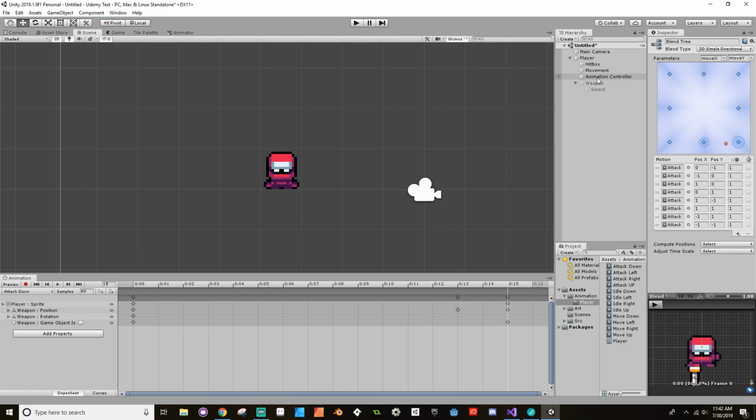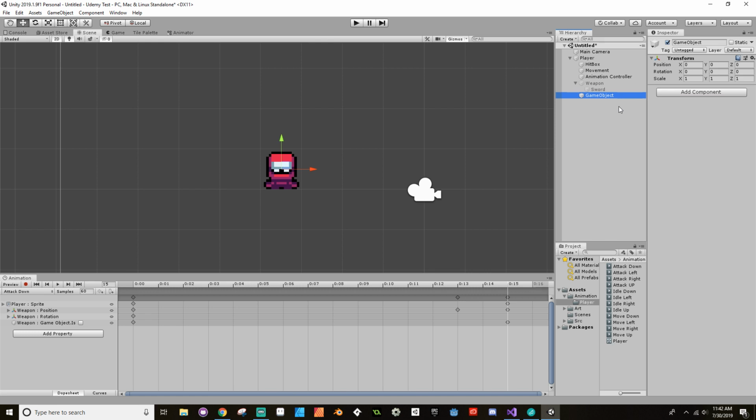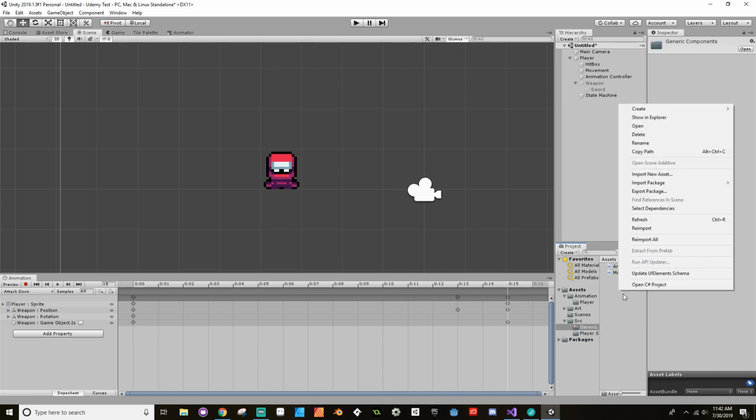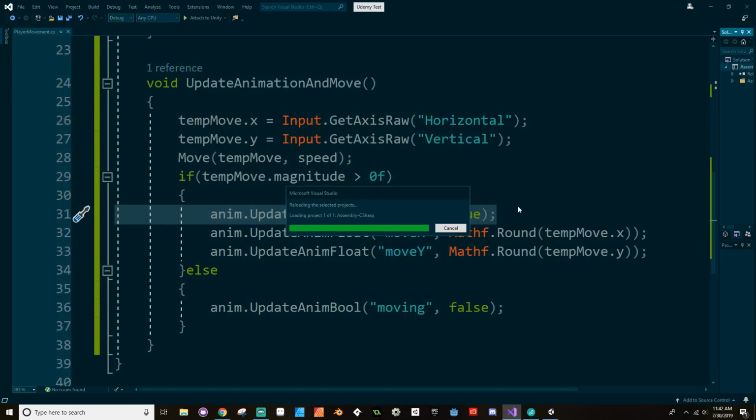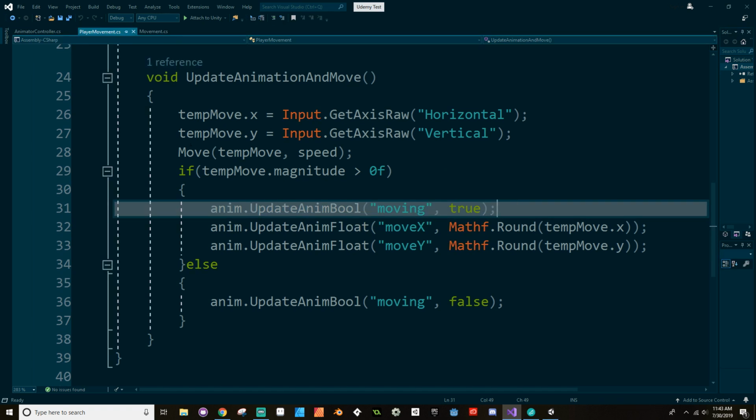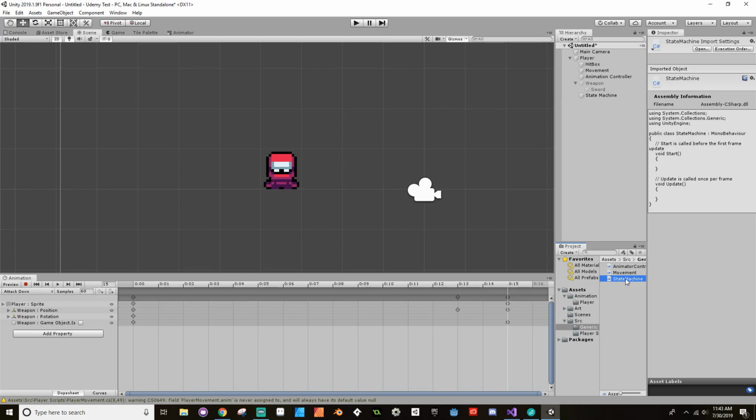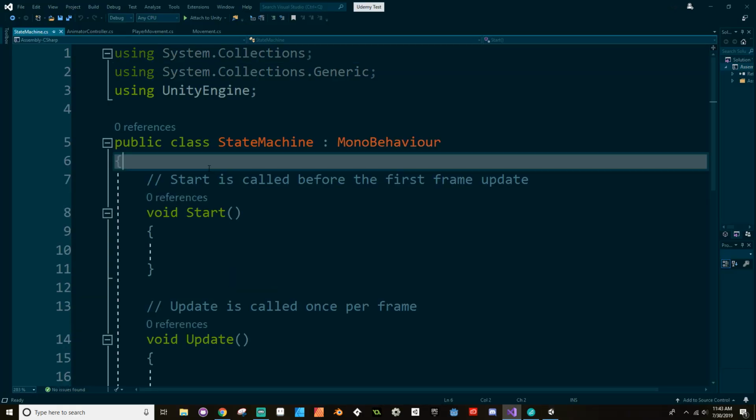so the state machine needs to exist somewhere. Let's go full component and make the state machine its own thing. We'll call this state machine, and we'll make a new script, a generic script for a state machine, and then one specifically for the player. Okay, so